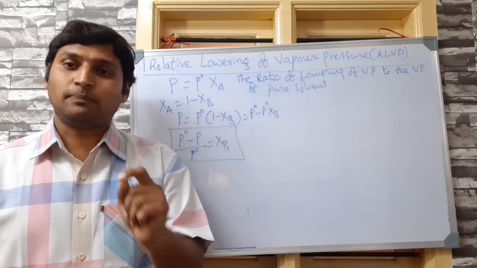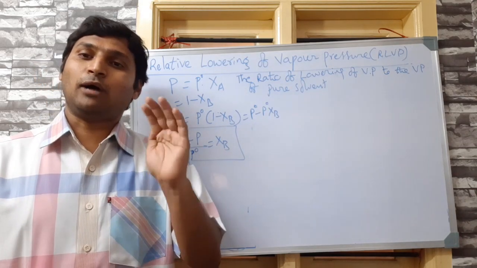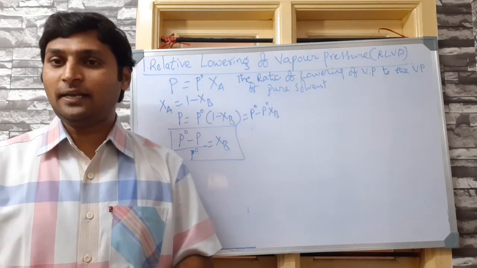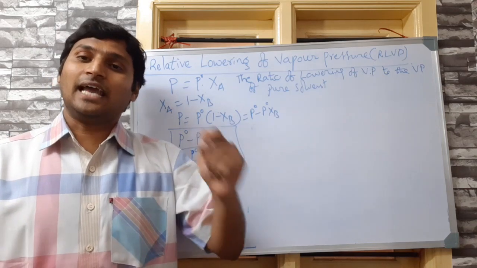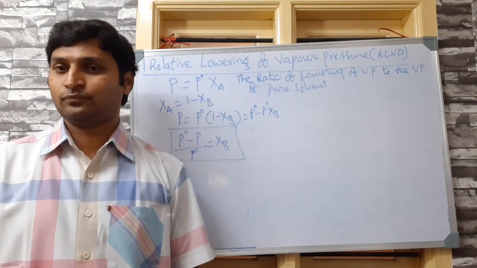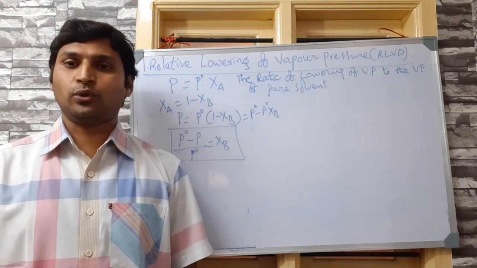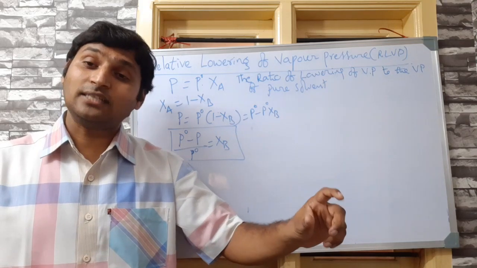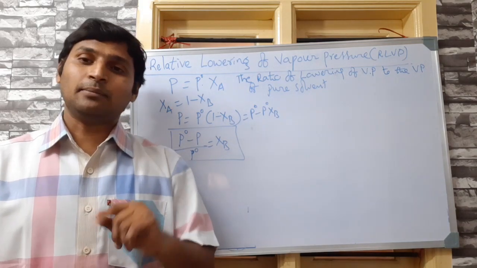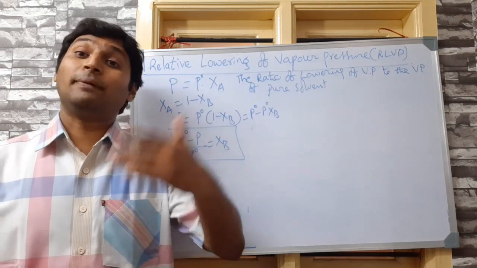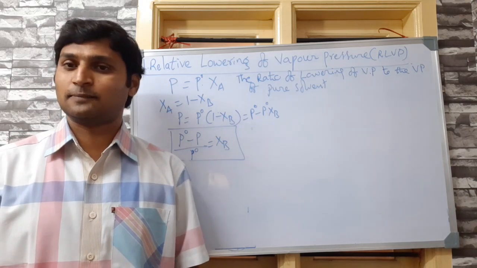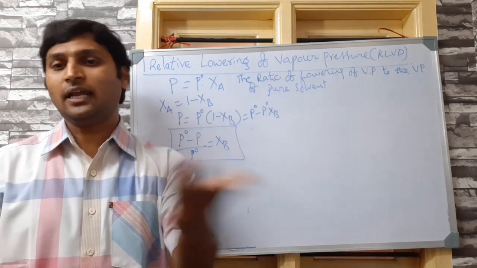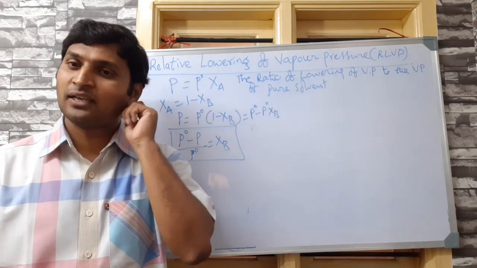Now, what kind of experiment they set up for determining the molecular mass of a given substance depends on the nature of the substance. For example, for volatile liquids, they employ a method called Victor-Meyer's method, which is not part of our syllabus, but for your curiosity, you can learn that when time permits. Similarly, for gases, they employ the vapor density method for determining molecular masses. Vapor density into 2 is equal to molecular mass, you know very well. So they find vapor density experimentally and then determine molecular mass.